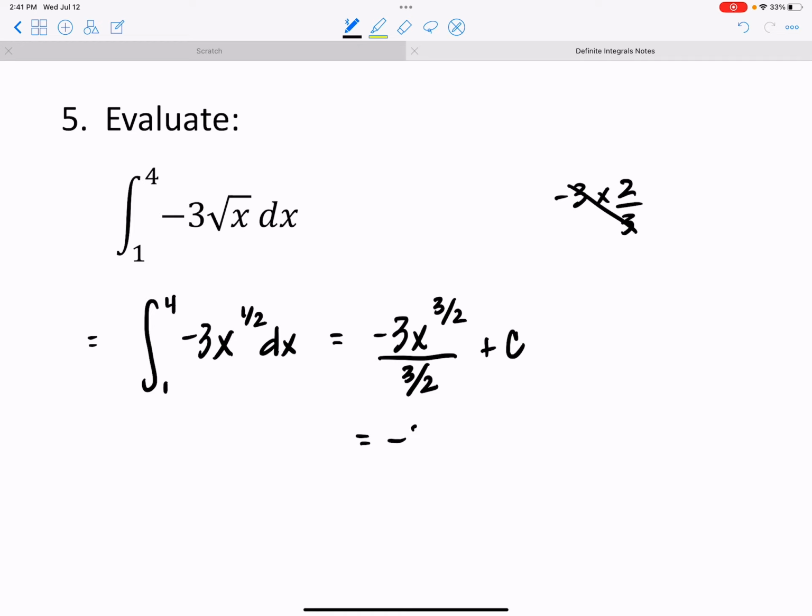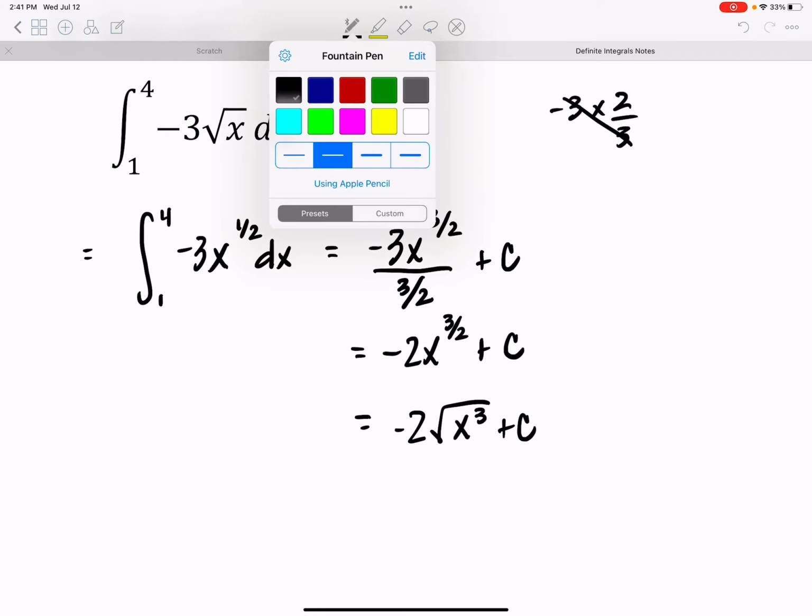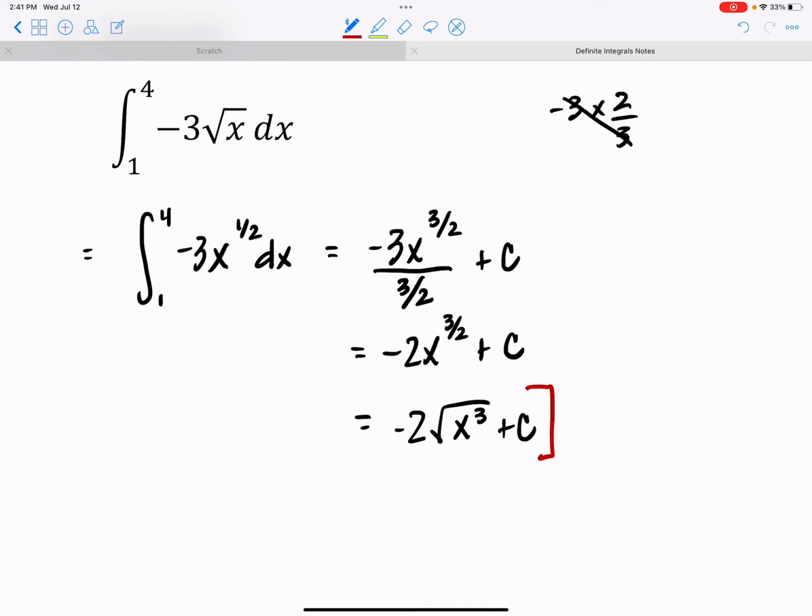So this becomes -2 x to the 3/2, and I'm actually going to put that back in radical form because I think it'll be easier to evaluate. So -2 times the square root of x cubed plus c